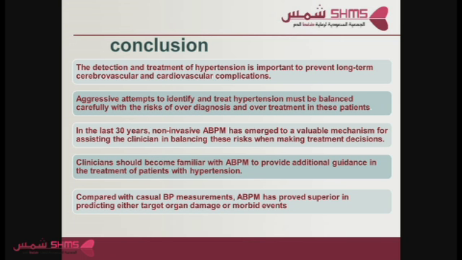Clinicians should become familiar with ABPM to provide additional guidance, or you can refer the patient to a center equipped with these. And compared with casual blood pressure measurement, ABPM has proved superior in predicting either target organ damage